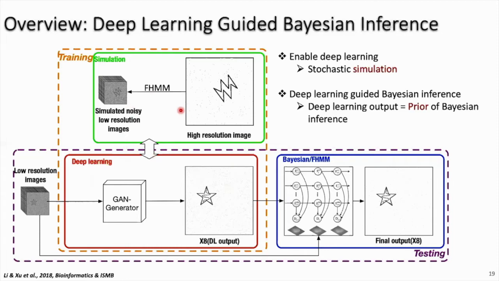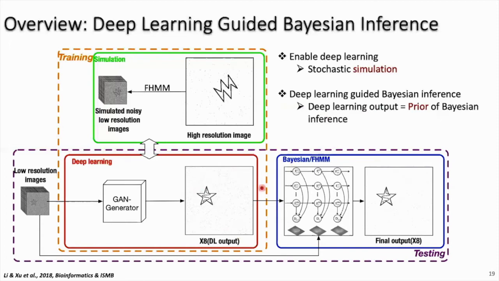But of course, deep learning model is a black box model. Even if we can train it with almost infinite amount of data, we still can't guarantee the trained deep learning model can indeed reverse the physical process behind this problem. So to induce physical meaning to the deep learning output, we combine deep learning with Bayesian. That is, we use deep learning as a tool to extract the global structure feature. And then the deep learning output will serve as the prior for the Bayesian inference module, so that the Bayesian inference module can aggregate the information in both the deep learning output and the original low-resolution input images.